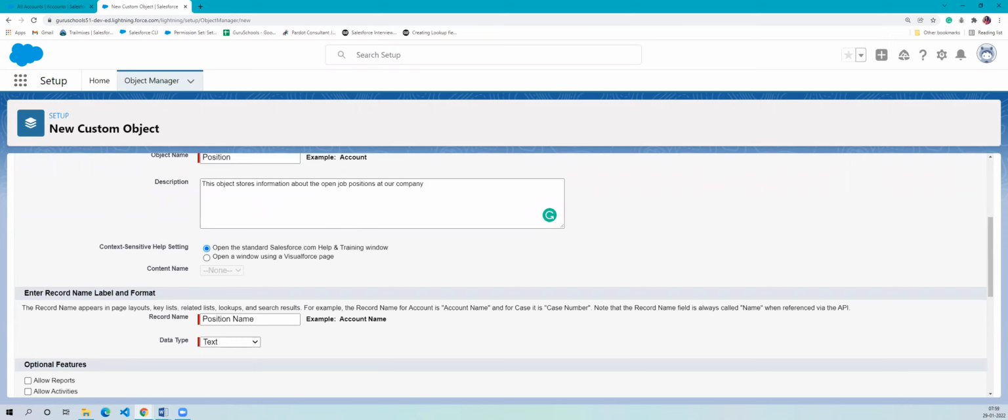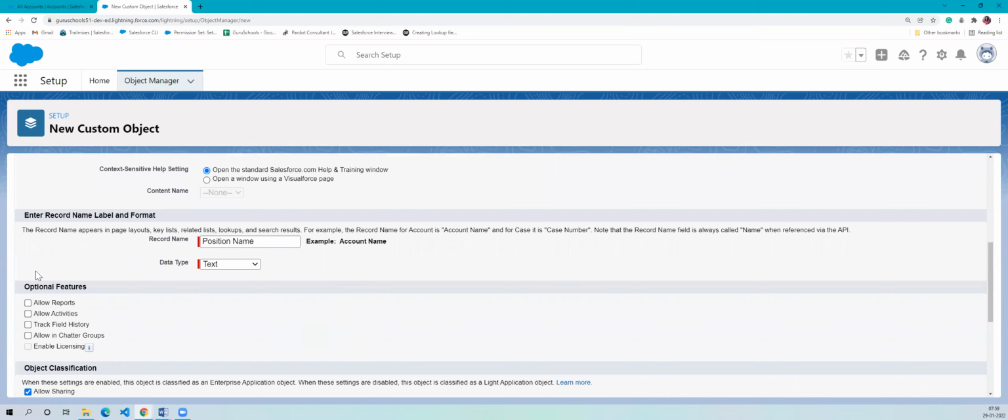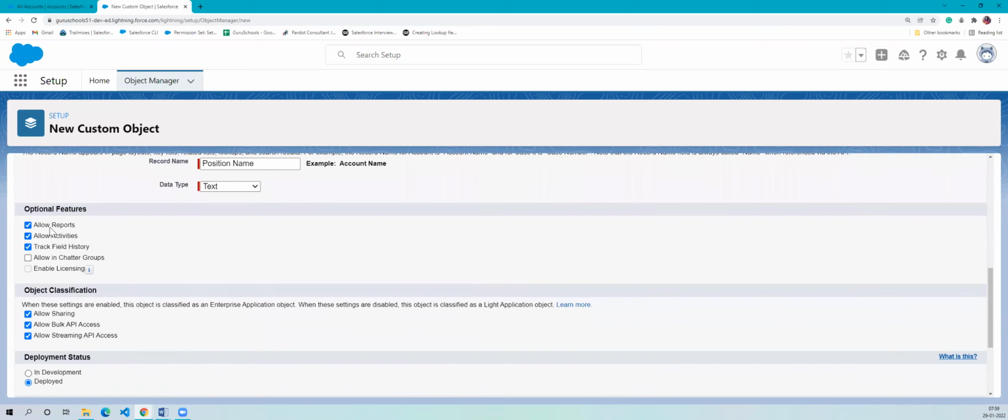Now, record name, Salesforce has already taken as position name, and data type is text. We will click on allow reports, allow activities, track field history. Meaning that we are enabling this particular object for reports, activities, and tracking field history, so that later on, if we want to create any report for the position object, we will be